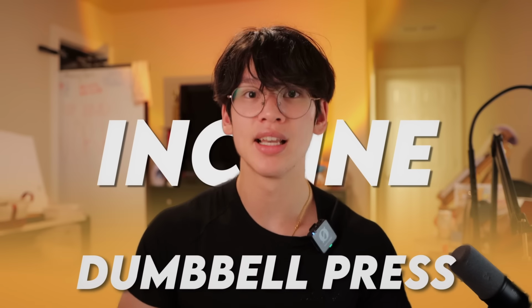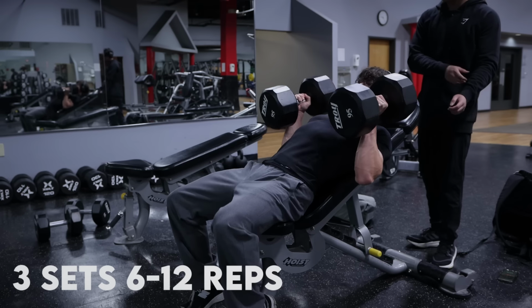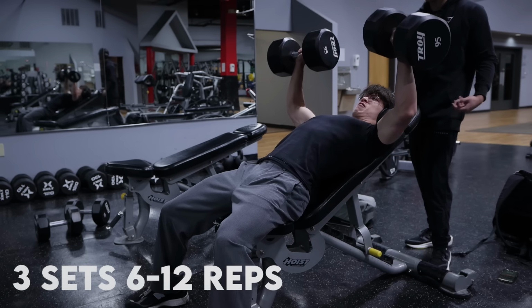Pause bench, in my opinion, is just a better version of bench press just because of how much more it isolates your chest. Next, I follow that up with a primarily upper chest movement, the incline dumbbell press. I do this for 3 sets from 6 to 12 reps, all till failure, having a 2 to 3 minute